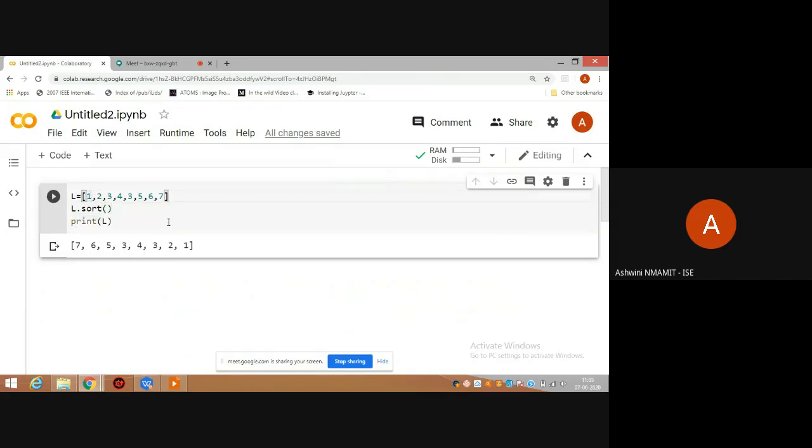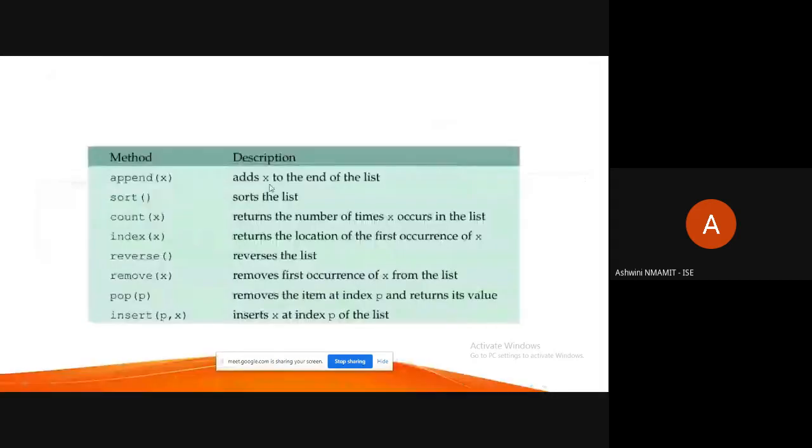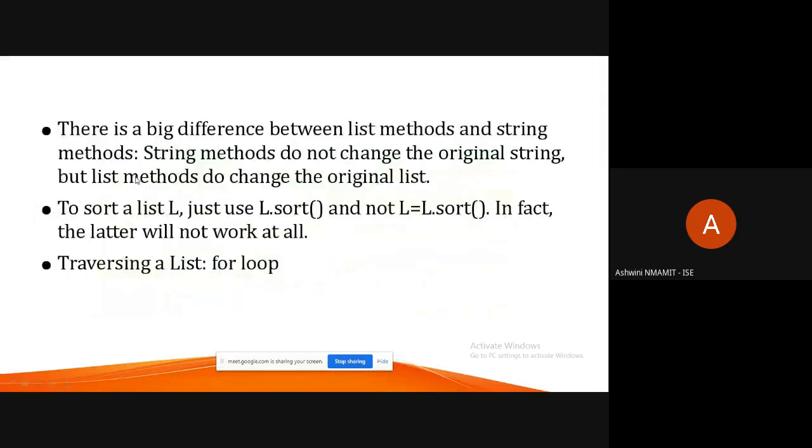Let me change the list. It sorts the list. Okay, these are some of the functions pertaining to list.